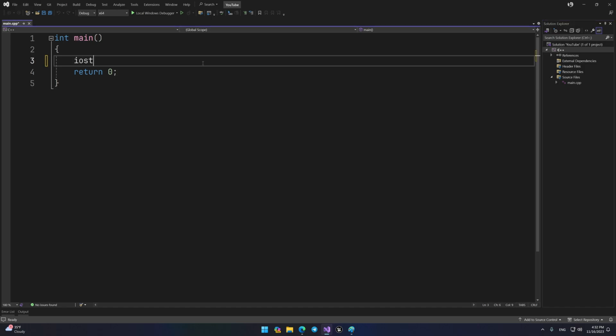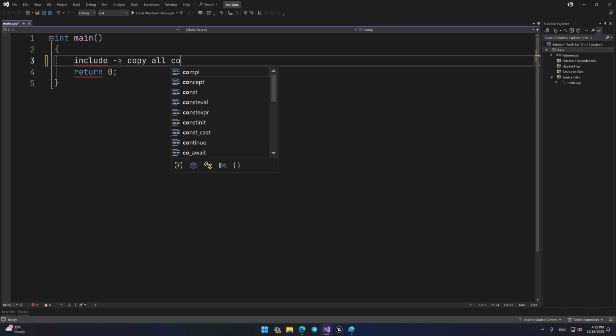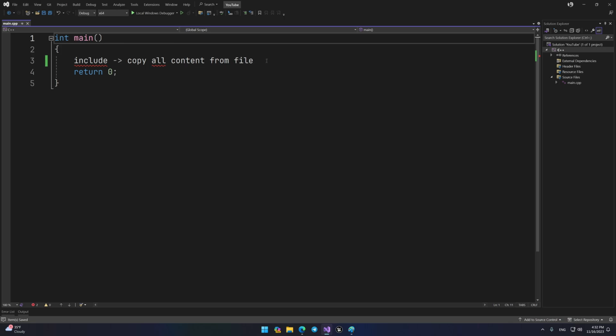Now we need to know that it contains the tools we need for displaying information on the screen and for entering information from the keyboard and more. In order to use the tools of any other file in your main CPP file, you must include that file in your file. Include means to copy the entire content of this file. We, of course, can go into the I/O stream file and manually copy all the code from there, but it's better to use the include command.